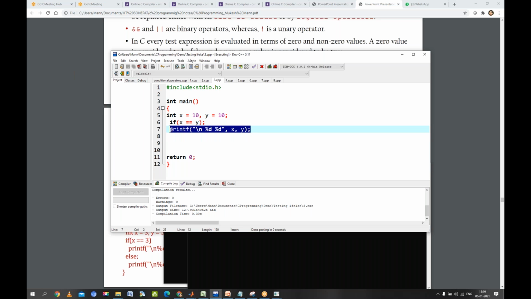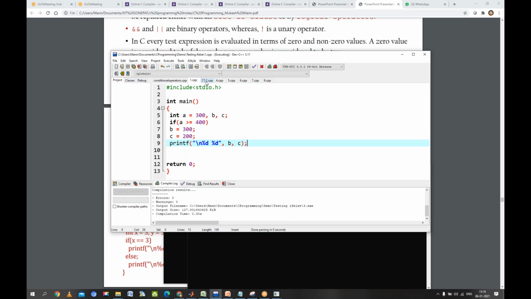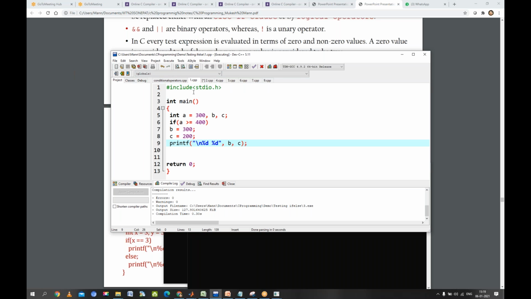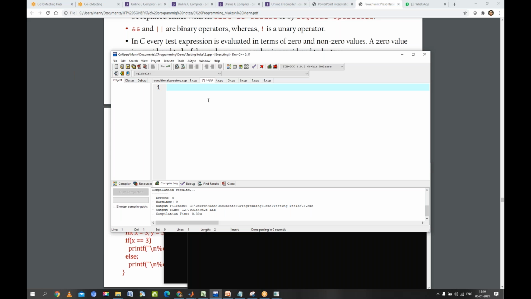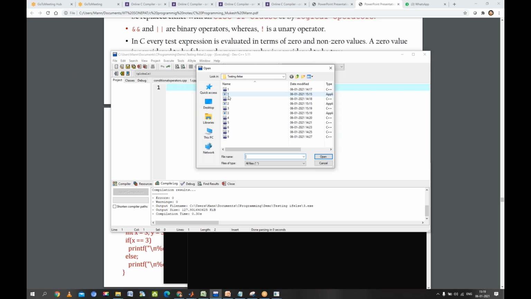Now let me do some modification here. Let's see what we have done. It is two tens in here. Okay, one moment.